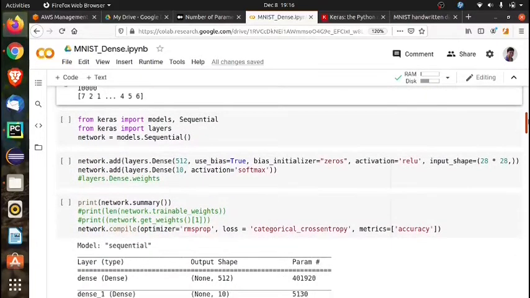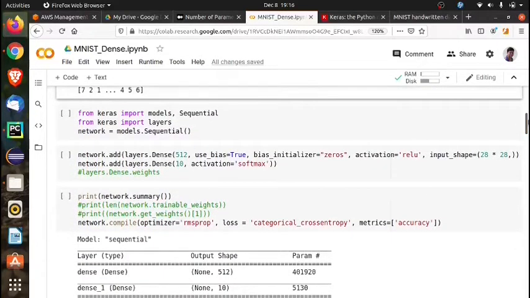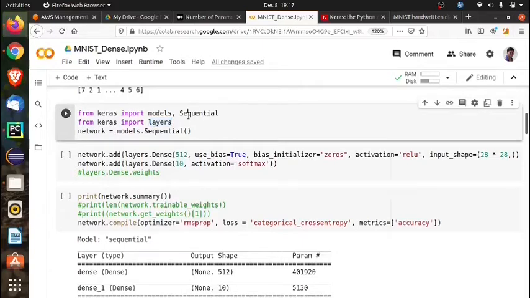Now here we will be building the Keras model. Again we are importing the necessary modules. Since we are planning to use the sequential network, we are importing the required modules. Here we are creating models.Sequential in order to create the sequential neural network.